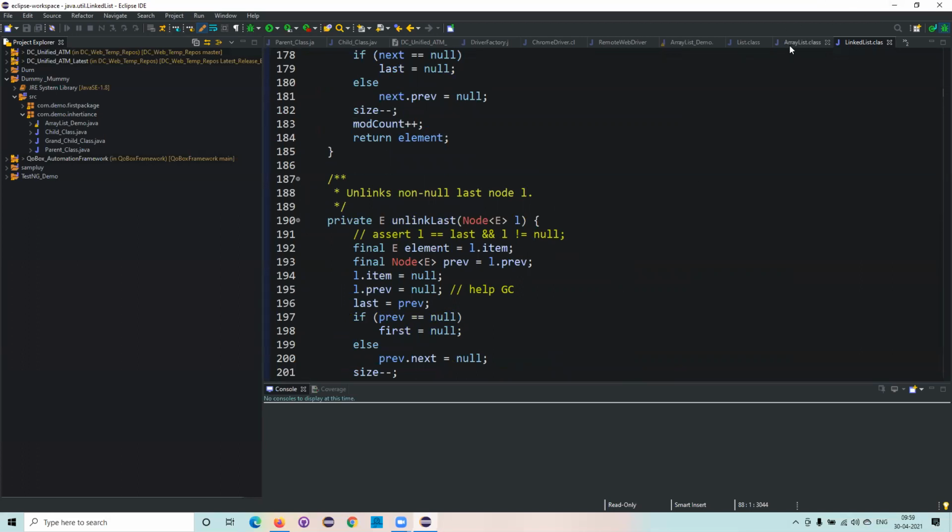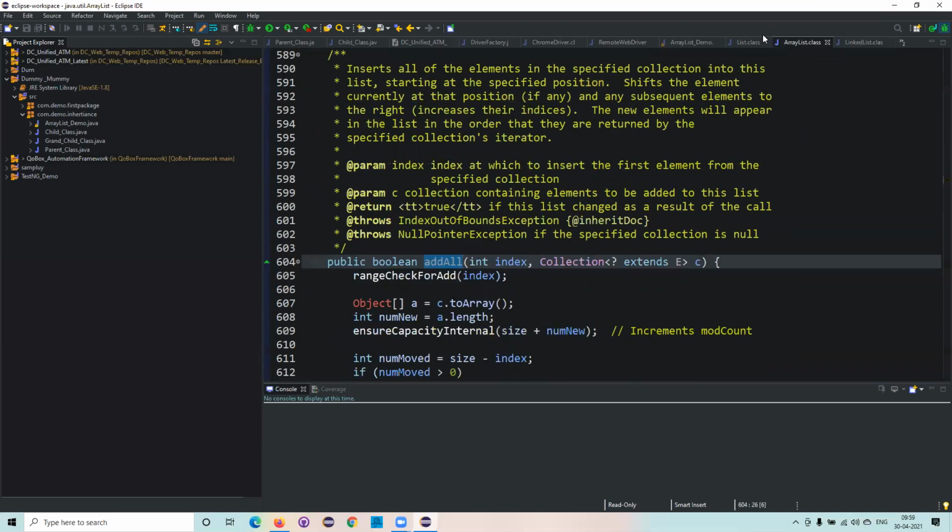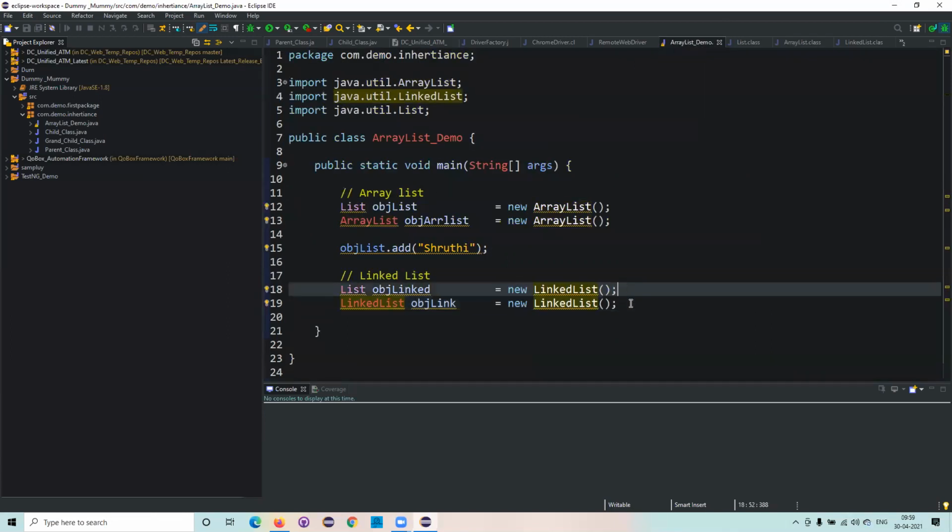From the coding point of view, if you create an object for an ArrayList or for a LinkedList, did you understand how it will be mapped with the methods? Have you got that information? After this, we have a lot of methods, so however you want to use them, at the method level declaration, you can easily do those implementations.